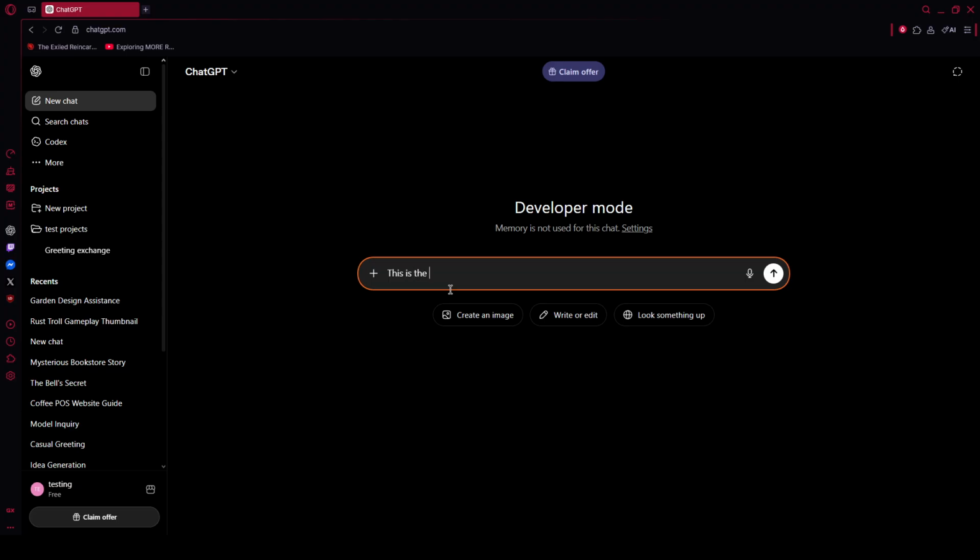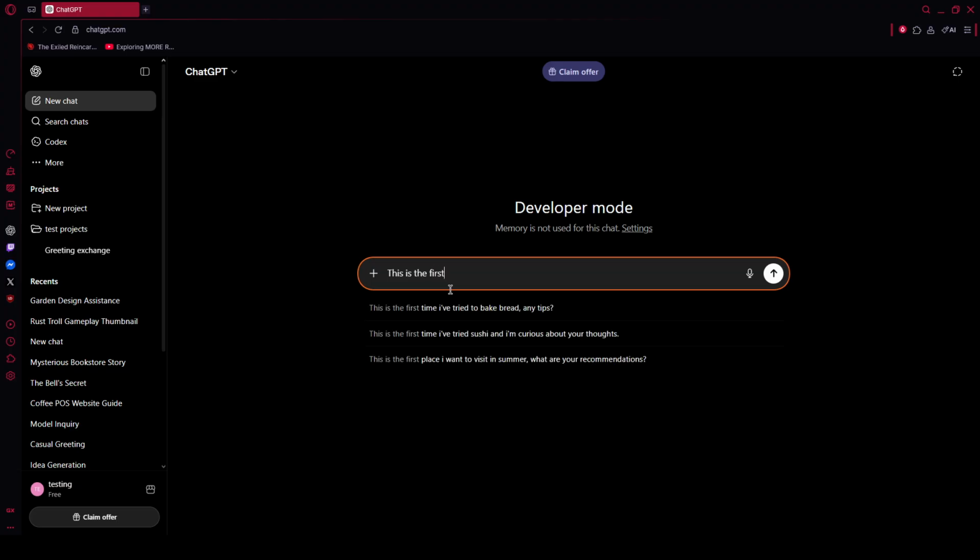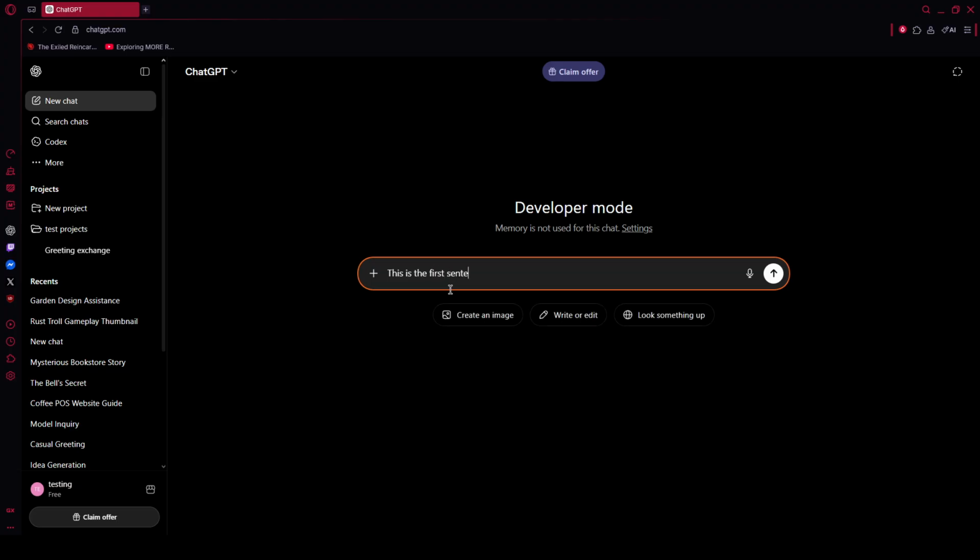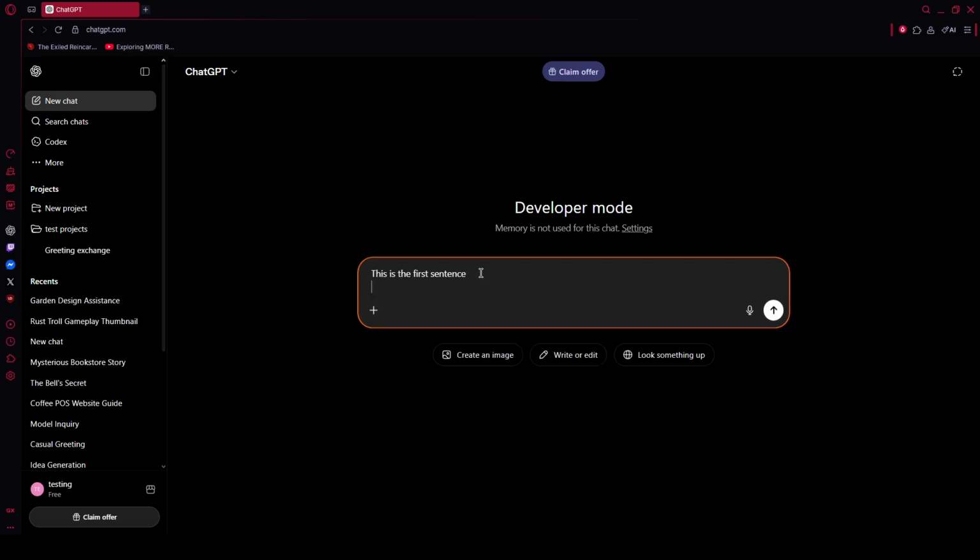Let's start on desktop, including the web browser and desktop apps. By default, pressing Enter sends your message. To add a new line instead, press and hold Shift, then press Enter. On a Mac keyboard, that's Shift plus Return. You'll see the cursor move down to a fresh line inside the same message box so you can keep typing